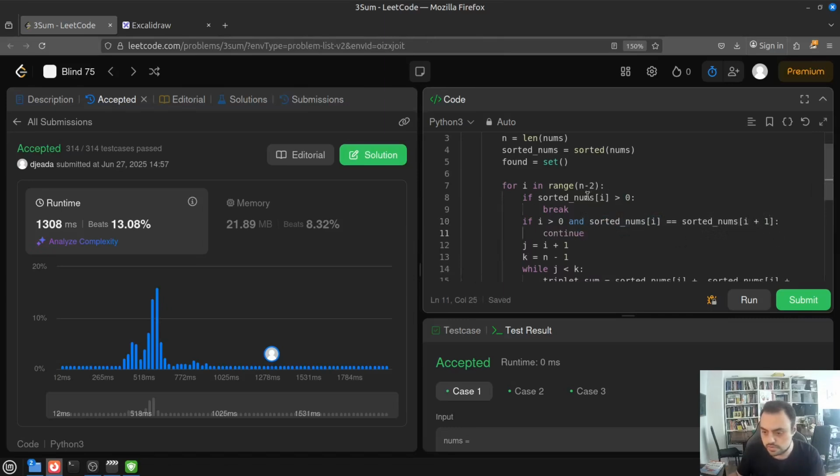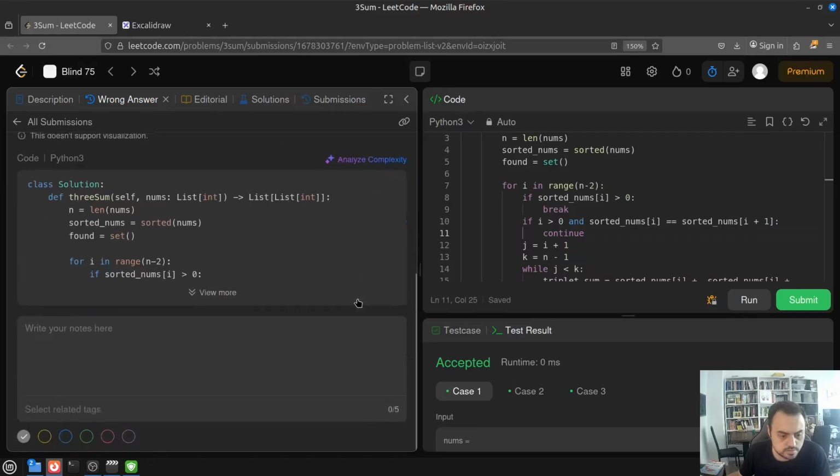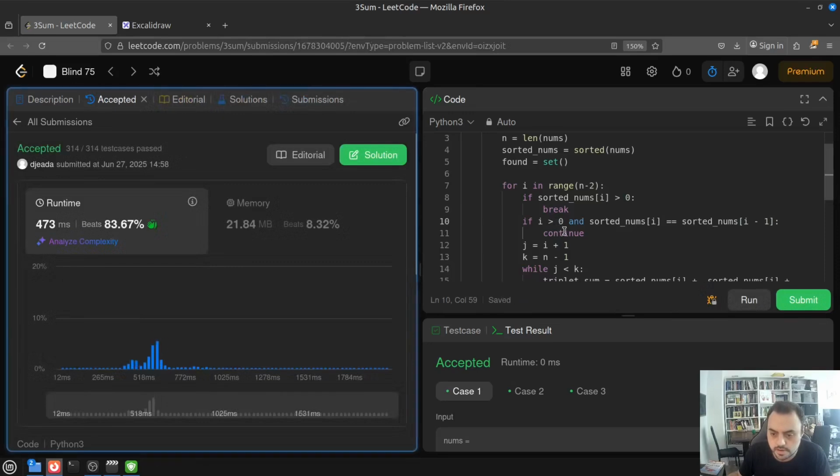So we don't recheck for duplicates. Let's see. Sorry, it should be -1 in this direction. That's why i greater than 0. And already we beat